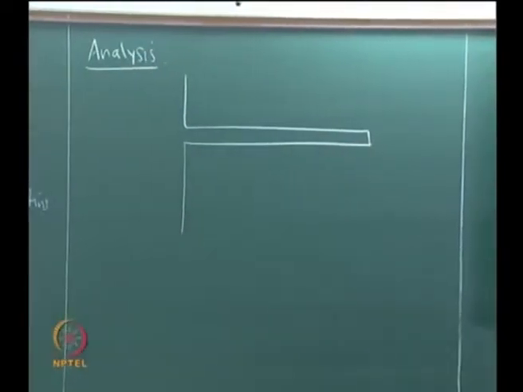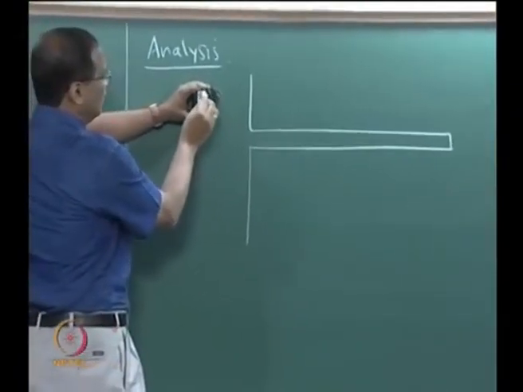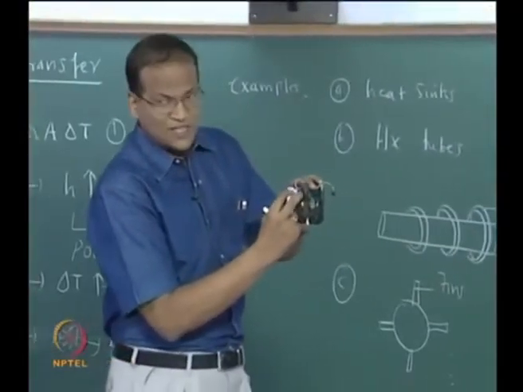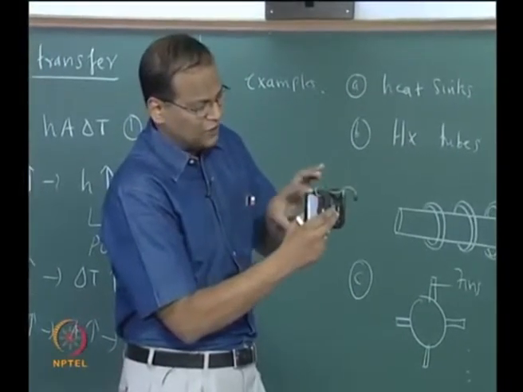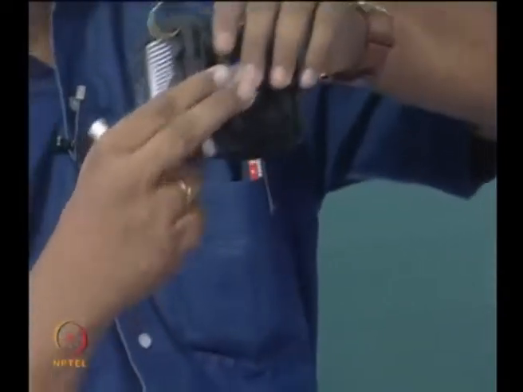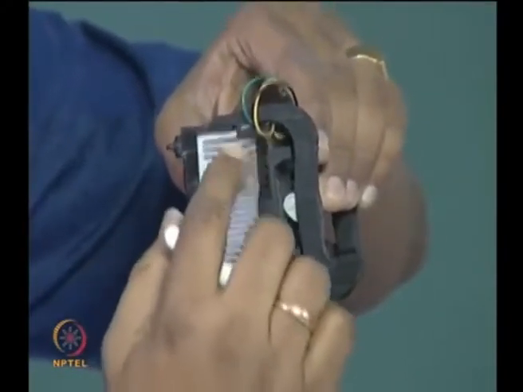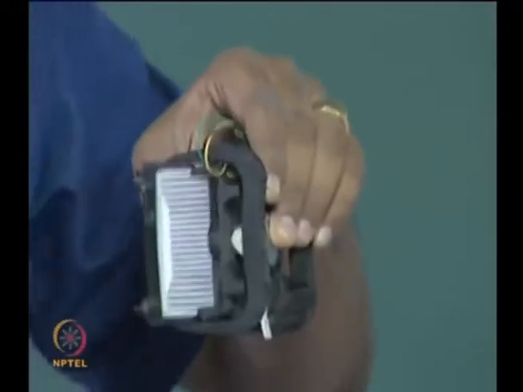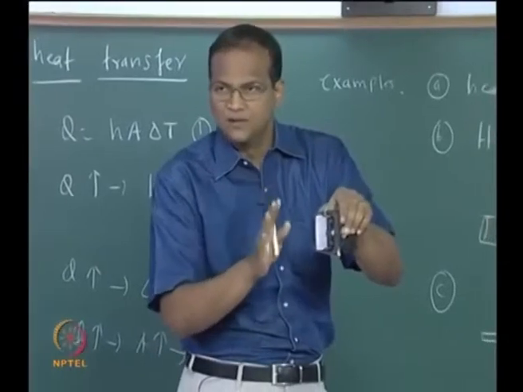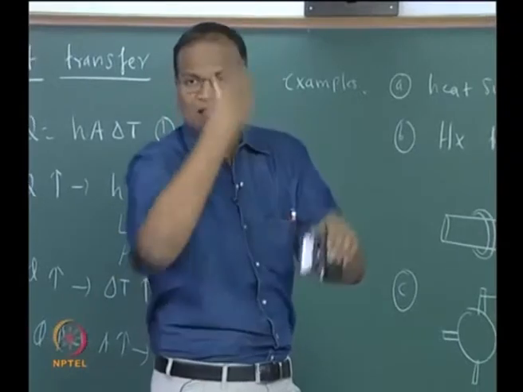So I am drawing something like this. Okay, I am taking one fin, right? As far as this fin is concerned, the depth of the fin is much larger compared to the length of the fin, and then the thickness is very small. Therefore, temperature is a function only along the length of the fin. I don't worry about temperature in the vertical direction or temperature in the z direction. So it is a one dimensional steady state problem where there is no heat generation. Okay, there is no heat generation within the fin. There is heat generation outside, but it gets on to the base, and that heat is dissipated.